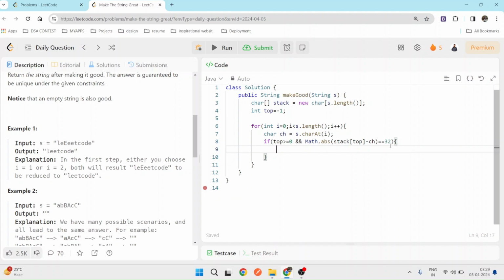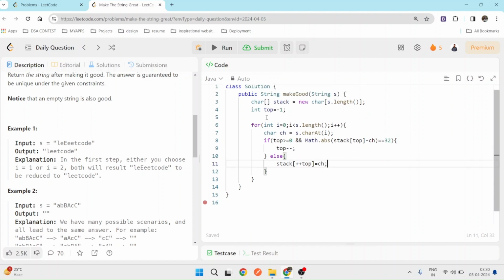If the difference is 32, it means they are the same letter but in different cases. So we will pop the element from the top. We cannot delete an element from the array, so we will move the pointer top to top minus 1. If this is not our case, meaning another letter that is not the adjacent match is given, then we will add the element into our stack.